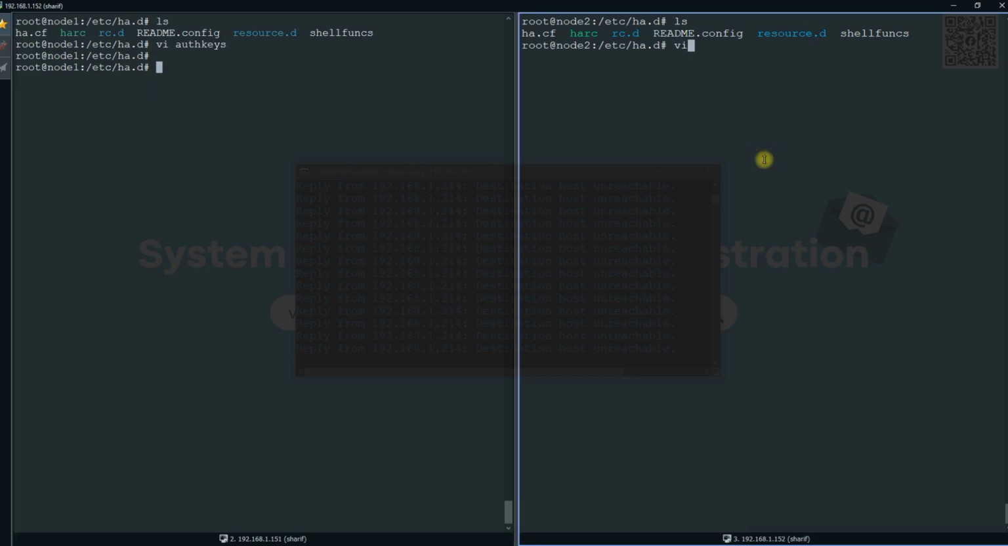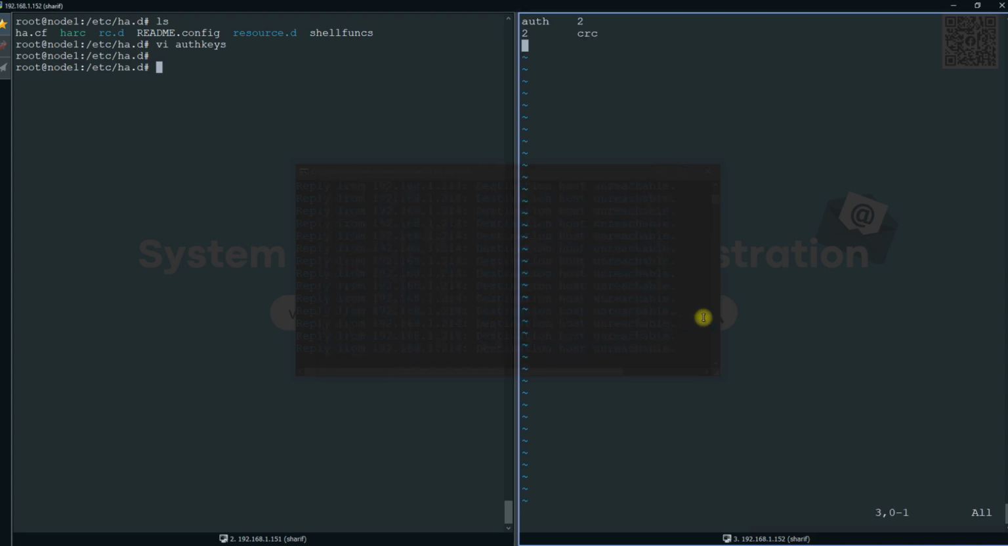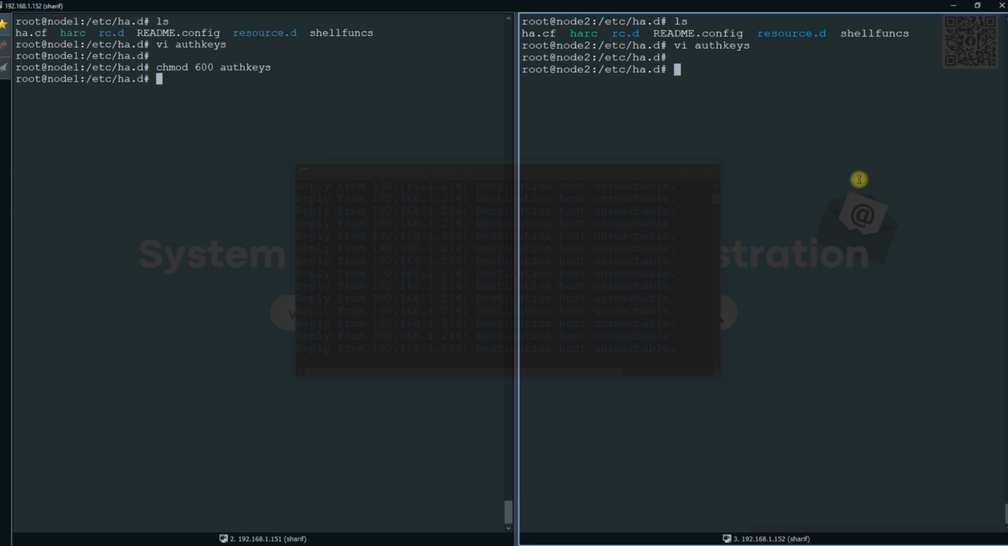Save vi auth keys. Save. Now I'm going to modify the permission of this auth keys. chmod 600 auth keys. Okay,